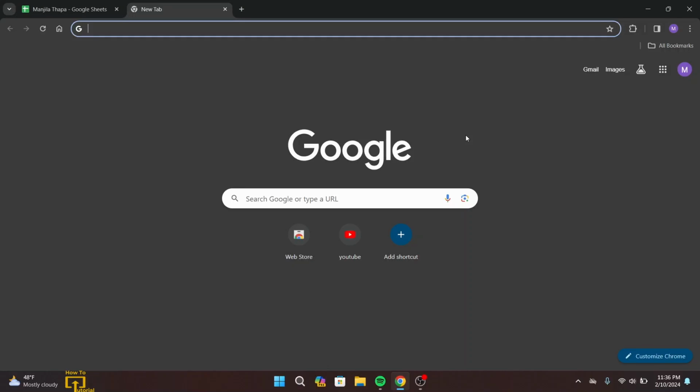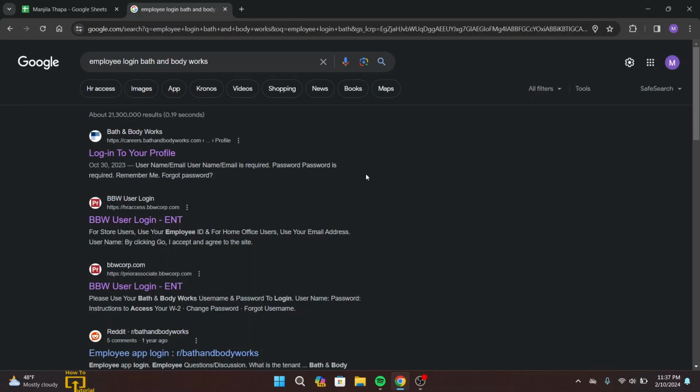First of all, on your desktop, open up any web browser that you prefer, and on the search URL type in employee login Bath and Body Works. Then press enter on your keyboard. That will take you to multiple search results as you can see on this interface. Now from all the search results, head over to the second link that says